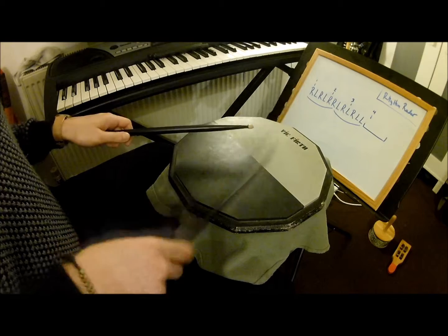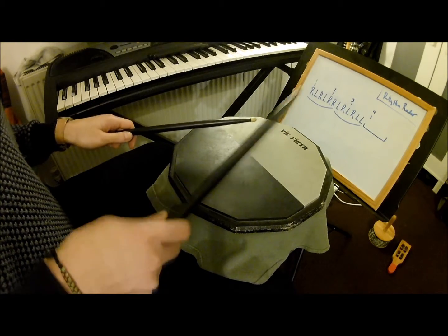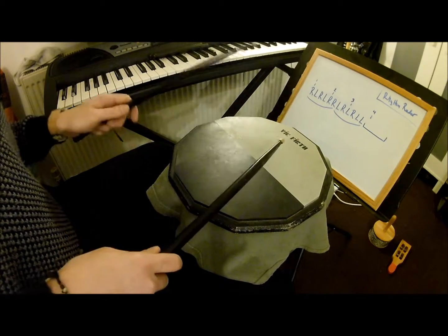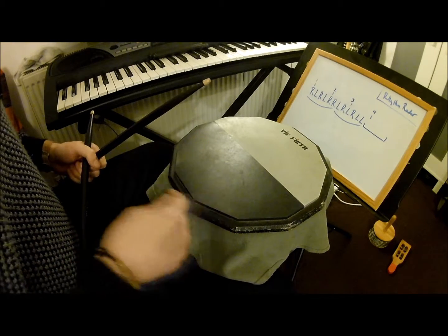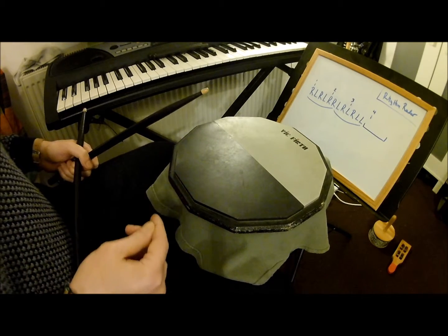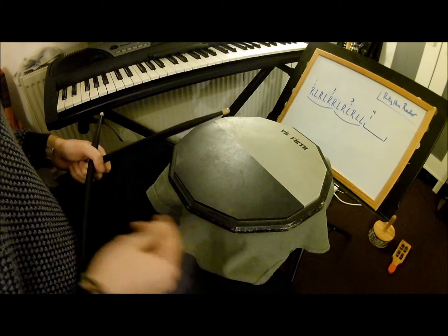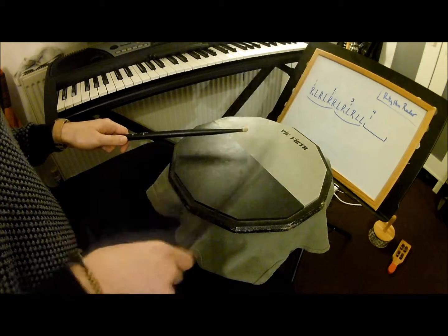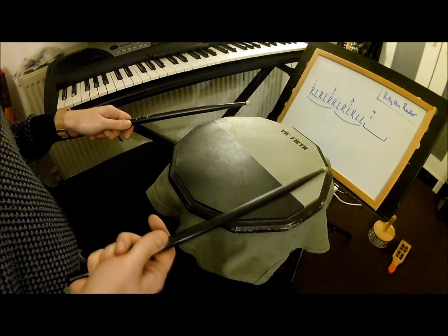Para, paradiddle, para, paradiddle. 1 E enter, 2 E enter, 3 E enter. Then we have one more beat left to fill. That last beat could be single notes 4 E enter, or doubles 4 E enter, or a single paradiddle 4